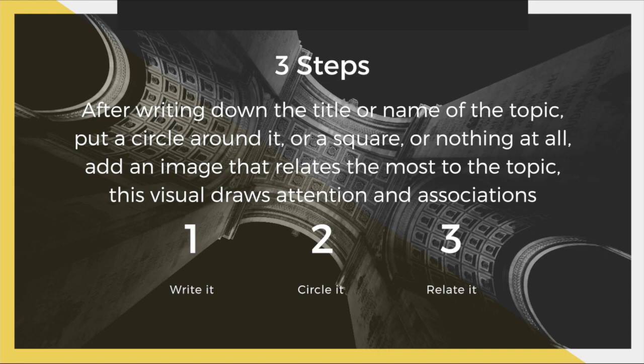Maybe you want to put the main idea in a square, and then we're going to talk more about branches and sub-branches later, but maybe you want to put branches in circles and sub-branches in squares. It's up to you, but usually it's better to associate a certain shape and color to the main idea. Maybe having a red circle can create an association in your mind that this is something crucial, this is the main idea.